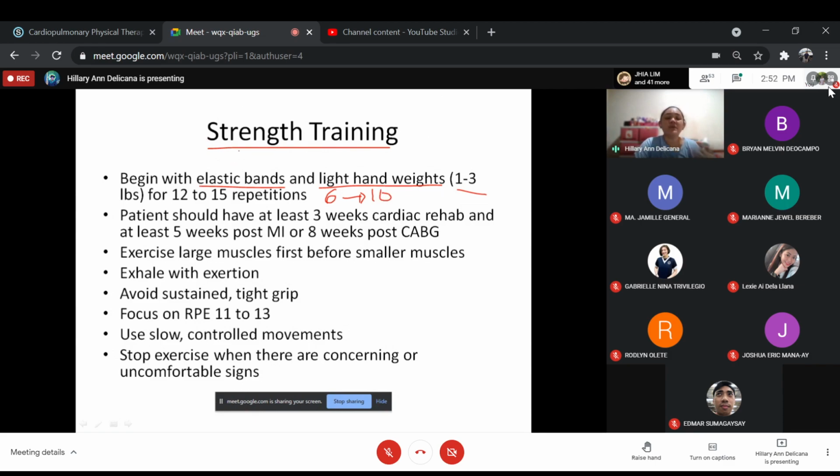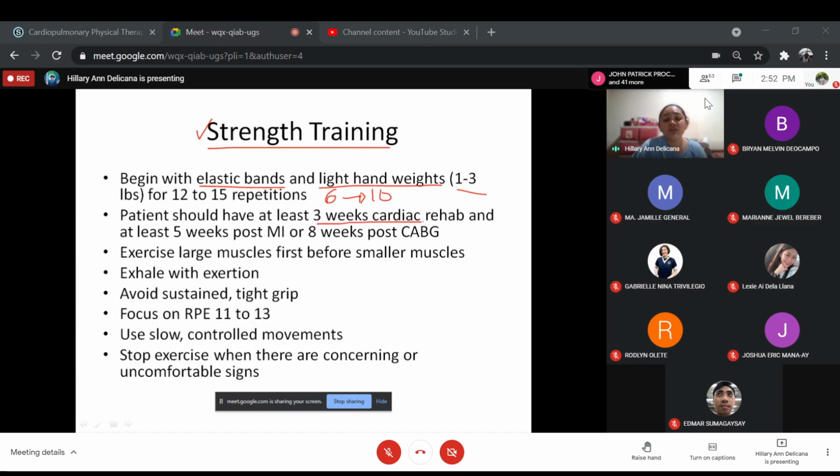Okay? So, your patient should have at least 3 weeks of cardiac rehab. So, before you start strength training, the patient should have completed 3 weeks of cardiac rehab. So, you have already built up the patient's cardiovascular endurance, and you know the patient's triggers, whether symptomatic or asymptomatic. Okay? And then,